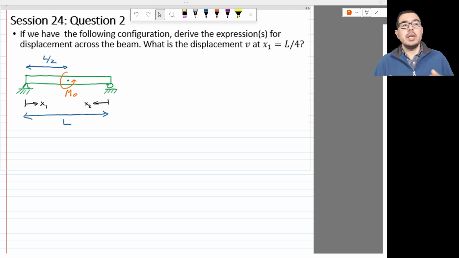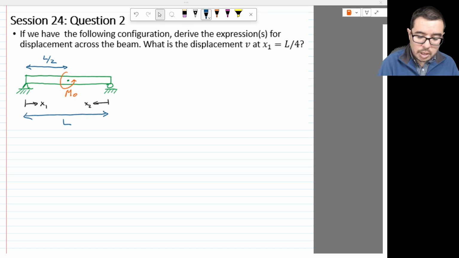I'm going to go ahead and look at this problem from the lens of the differential integral relationships that we described previously and follow that set of steps to figure out what the internal bending moment looks like, and then we'll perform a couple of integrations. So for this problem, we should probably go ahead and perform external equilibrium. That is a good first step. So our first step here will be